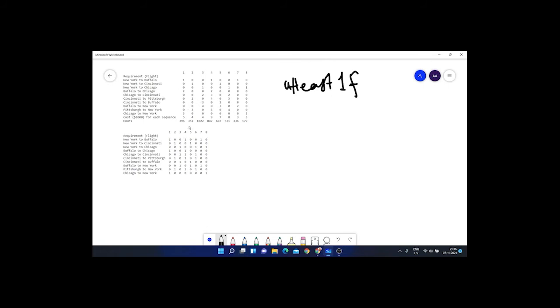First of all, we are changing this city to city data, changing the two flights to one flight only, because we need at least one flight from one city to another city.